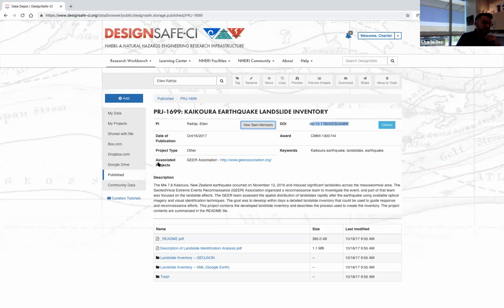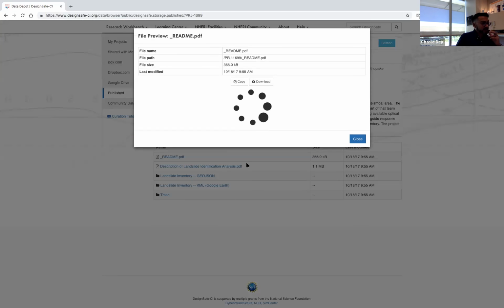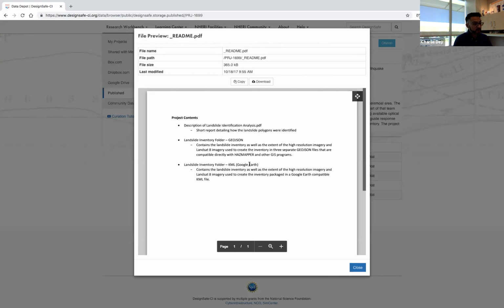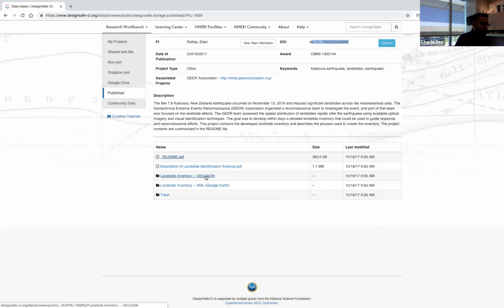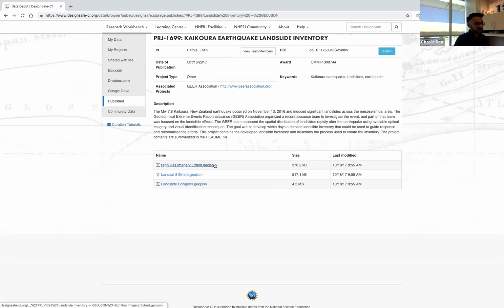Also, it tells us any associated projects. It's associated with the Gear Association. And now we can look at the README file available. Any of these files that you click on, a PDF for example, will automatically render so we can actually read it. So we get some understanding of what the project contents are. And she's got some GeoJSON files located in here. GeoJSON files, as you know,